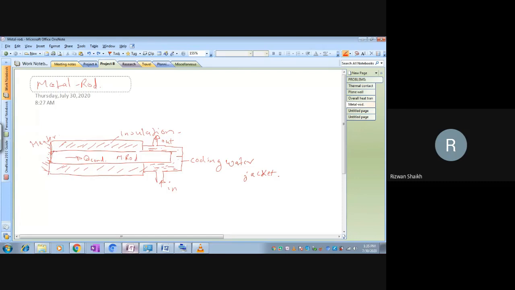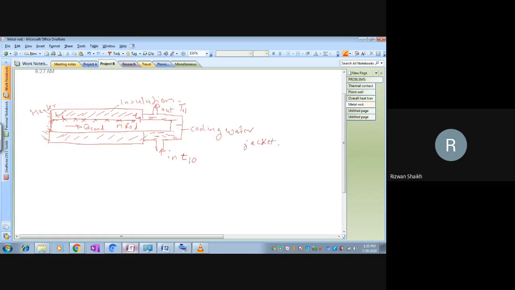And we have a number of temperatures. So I can say we have a temperature here T2, T3, T4, and so on till T9, started from T1. So T1 to T9 temperatures are arranged on the metal rod, and the inlet I can consider to be T10, and T11 temperature at the outlet. And based on this, we have to calculate for this metal rod. Okay. And at the bottom, we have a jar.